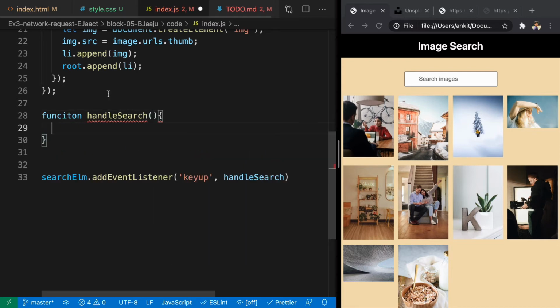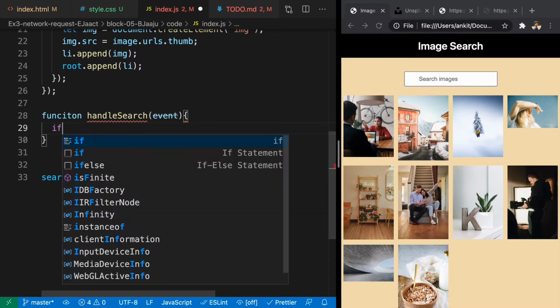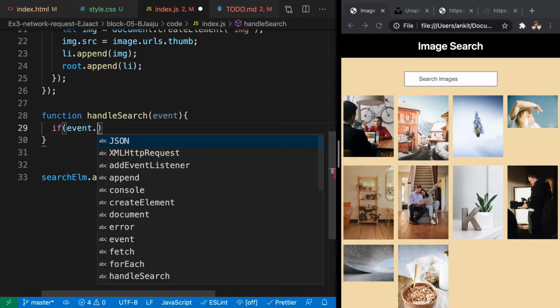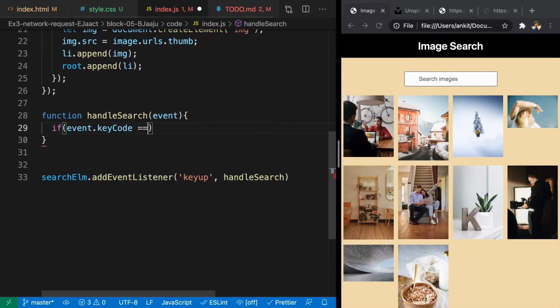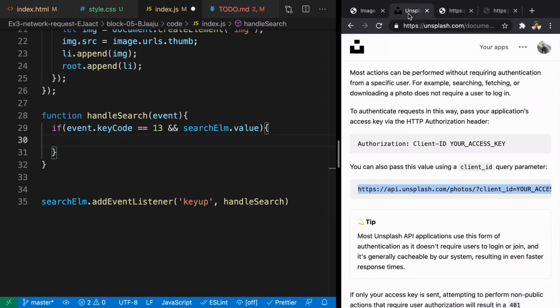So handleSearch function is going to get access to event object, and here we are going to check if event.keyCode is going to be 13, and you also can check if search element.value is a truthy value. If that is the case, then we are going to fetch some other data. But to fetch the data based on some text, we will have to look at the documentation.